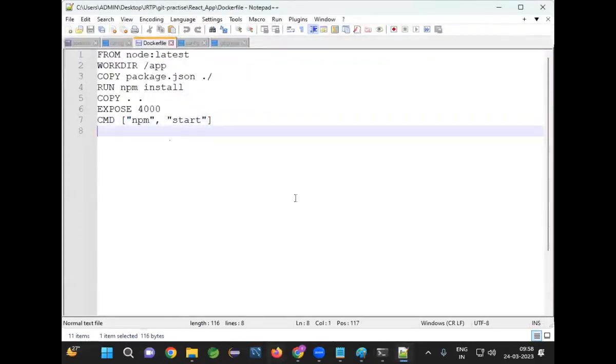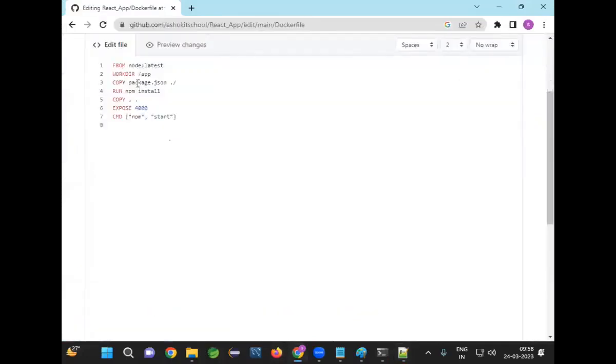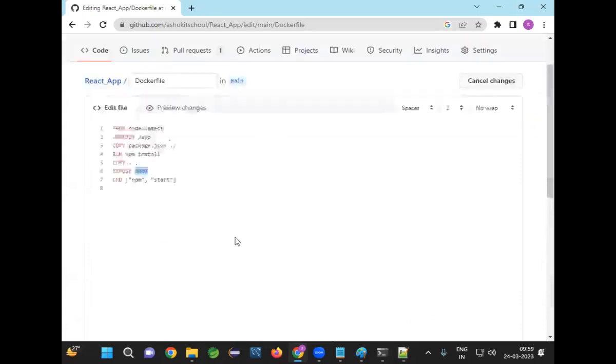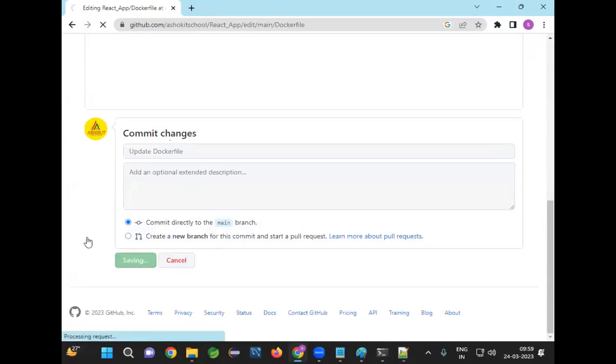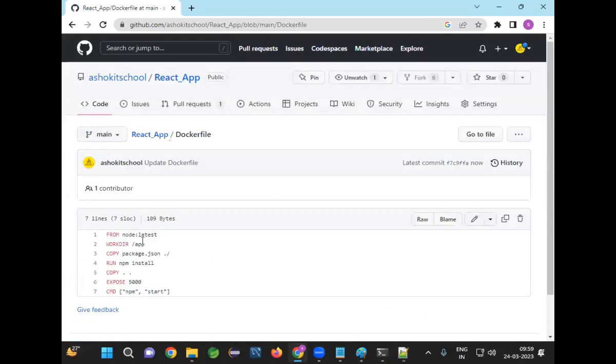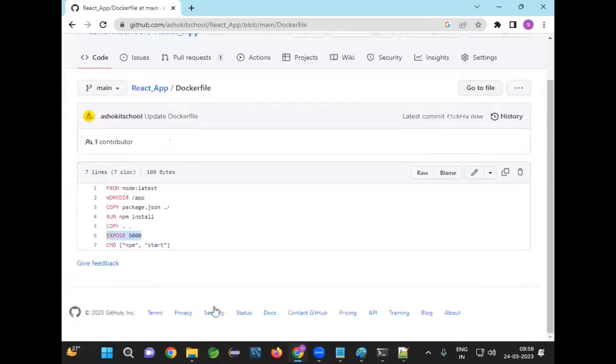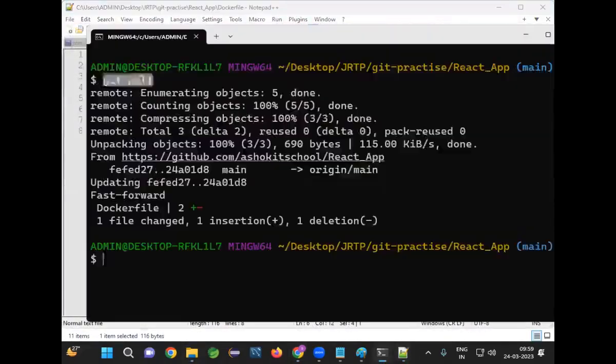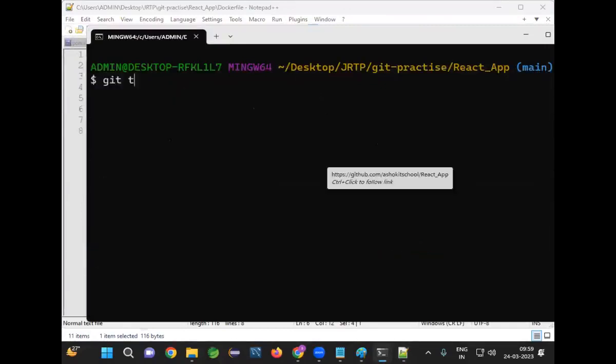Now let me edit this. Now I'm changing this value to 5,000. The expose value I'm keeping as 5,000. Let me commit my change. I committed my change with expose 5,000. Now in my local, what is the value available? 4,000 is available. Now here I'm executing a command called git